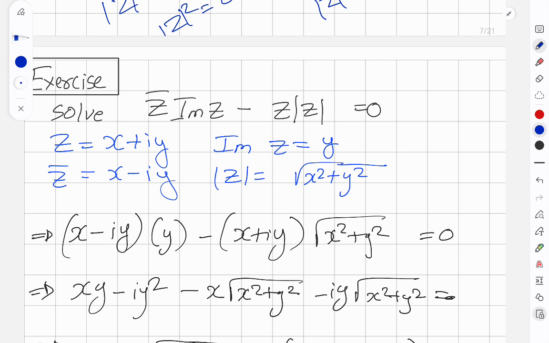So the equation is like this: you have z conjugate, the imaginary part of z, minus the absolute value of z. Similarly, we can say z equals x plus iy, z conjugate will be x minus iy, and the modulus of z will be